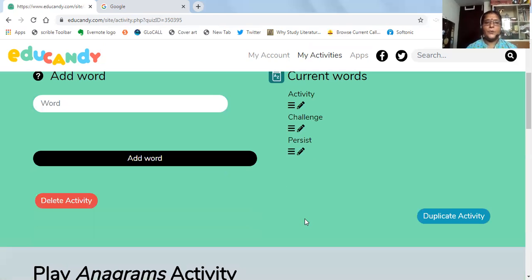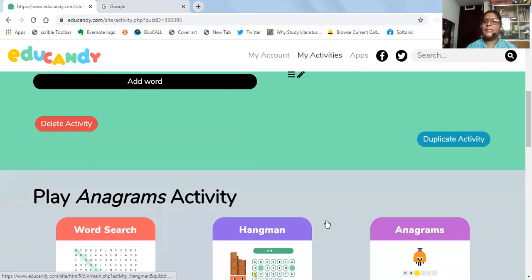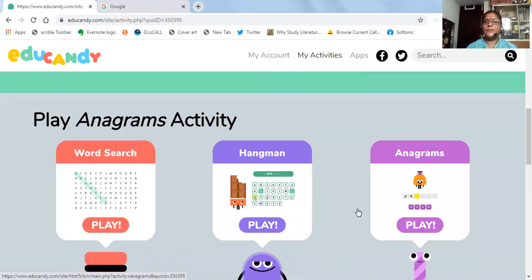So once you provide those words, you will be able to see the different types of activities that you